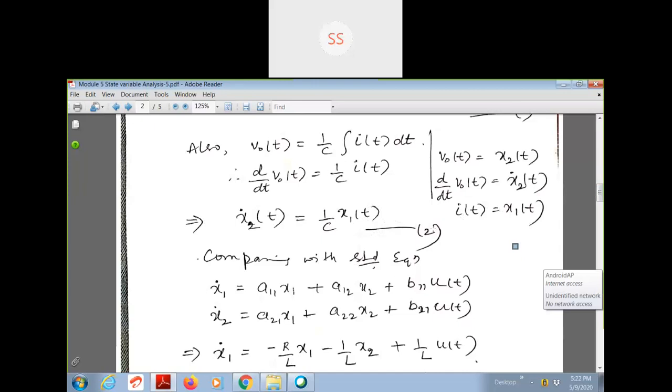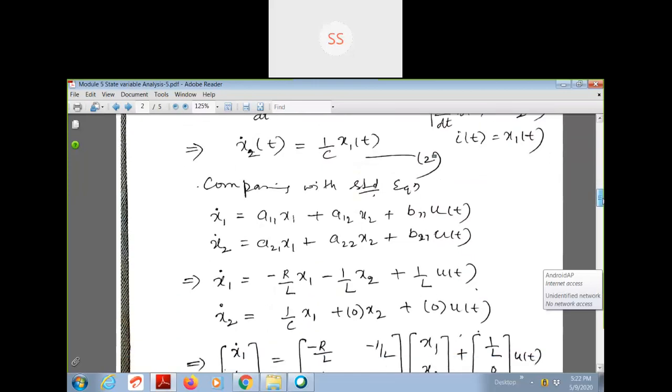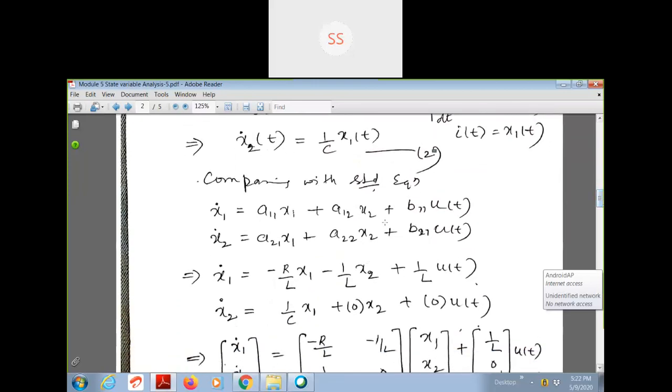So equations 1 and 2 are the state equations. They are written on the basis of two state variables. Now once we are ready with these two equations, we will have to compare them with the standard notation, so that we can write matrix A and matrix B, which are nothing but the coefficient matrices. Therefore, now we will write the general equation. So x1 dot equal to, this is the general terminology, a11 into x1 plus a12 into x2.